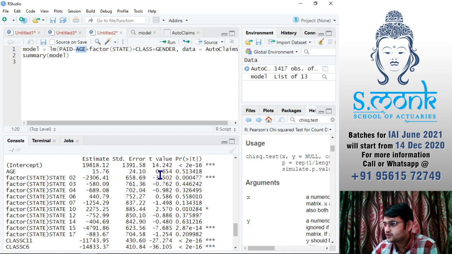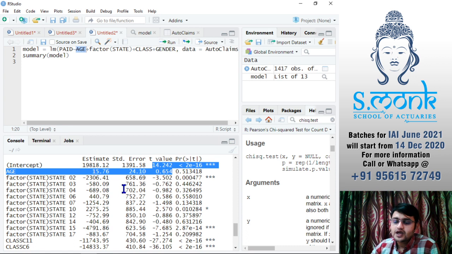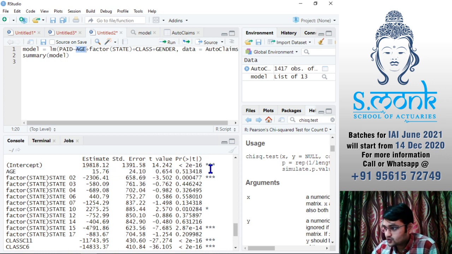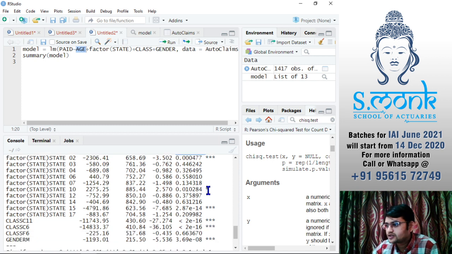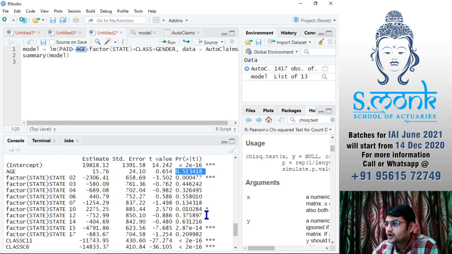Standard errors are given to us, we almost never use standard errors. T values are given to us, this is the test statistic where they are testing whether they are 0 or not, and this gives us the probability. So most likely alpha is not 0 because we have a very small probability, but most likely beta is 0 because we have 51% as our probability. This is how we take into account whether it is significant or not. So most likely age is not very significant.